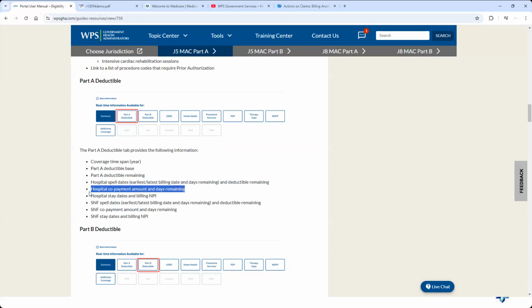Inpatient and copayment days remaining. So when we look at this one, the first so many days are deductible applied, and then after that they're paid, and then we hit copayment days. And Alina, correct me, but I think it's 60 and 30. I'm just drawing a blank on that. You're fine. You're correct. Okay. So when we look at the hospital, that's what it's talking about.